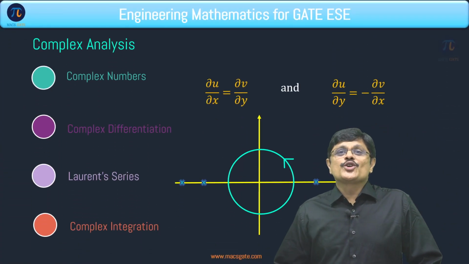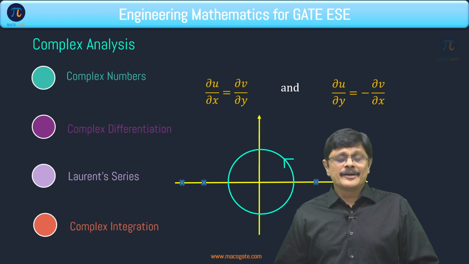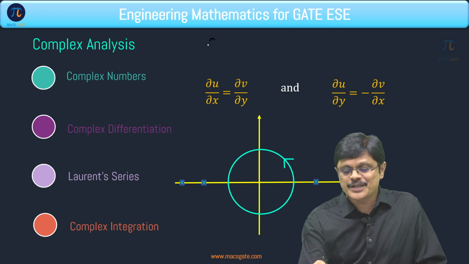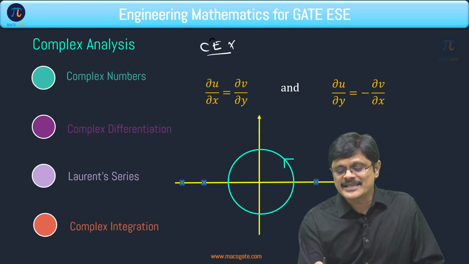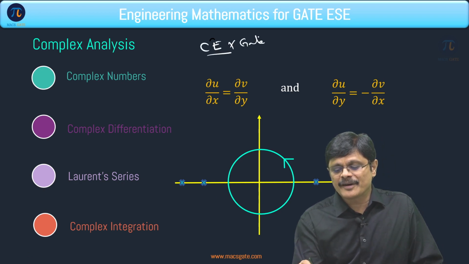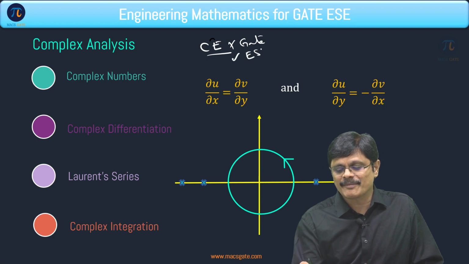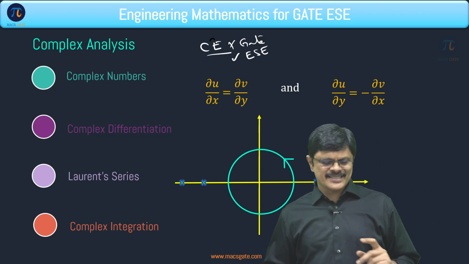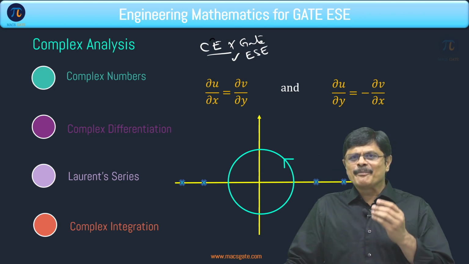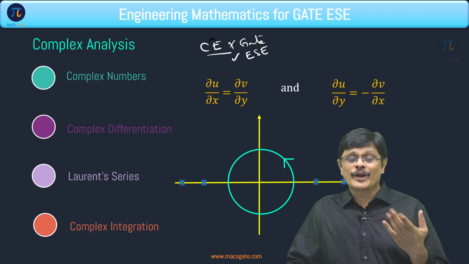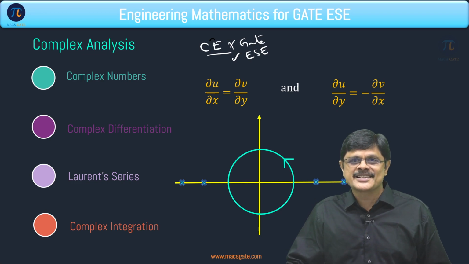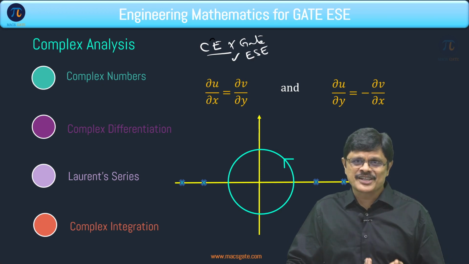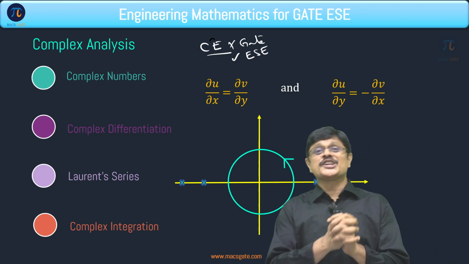The next topic is complex analysis, and for civil engineering students, complex analysis is not there for GATE, but for ESC it is there. Please remember, for other branches it is there for both GATE as well as ESC. See, it is better to start with some basic properties of complex numbers before actually starting with your complex analysis, my dear friends. Then under complex analysis, that is analyzing complex functions, we need to talk about complex function, complex